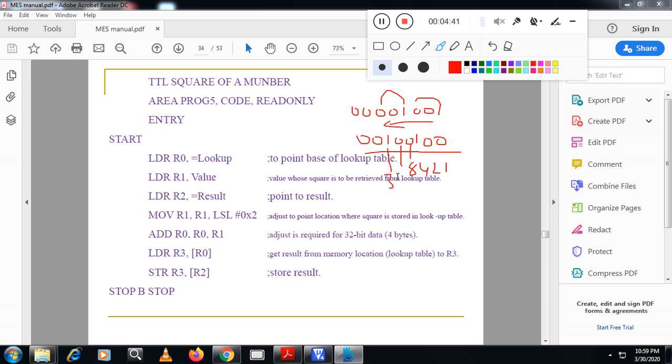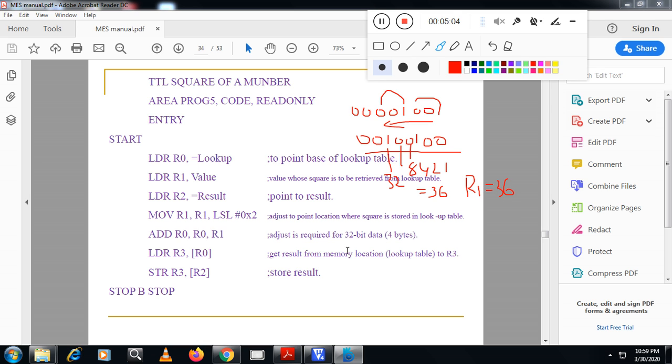So what is the value of the number, 32 and 4? That means 36. Now I have moved the value 36 to R1. Why I have moved the value 36 to R1, you will come to know later.